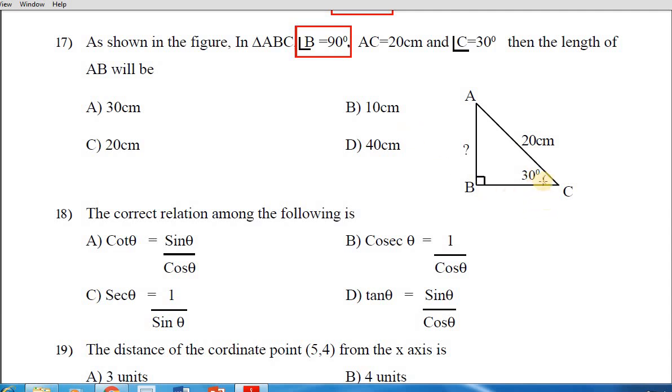Now the reference angle is this. You wanted to take it as the reference angle. When it is the reference angle, this will be the perpendicular, meaning the opposite side. And here 20 centimeter is given, that is the hypotenuse. It means the value we wanted to find lies on the perpendicular, the opposite side, and the value they have given lies on the hypotenuse. So perpendicular and hypotenuse are related to sine. So sine 30 degree you have to use. Sine 30 degree is 1 by 2, which equals AB by AC. Use that concept and simplify, you will get the answer, that is 10 centimeter. Option B is right for question number 17.